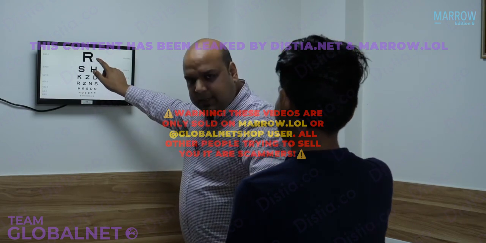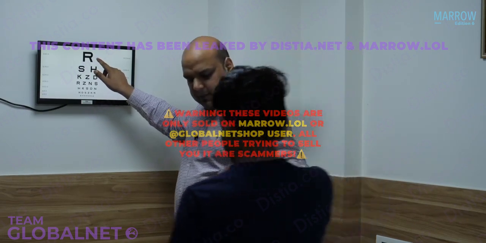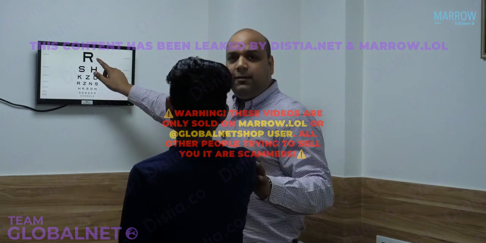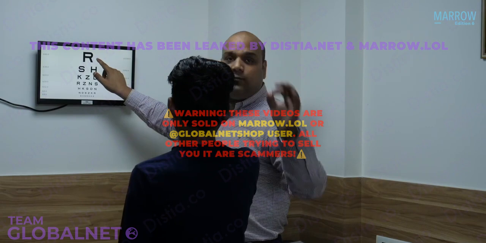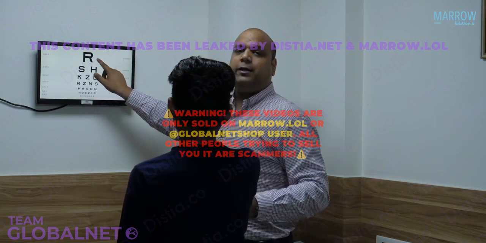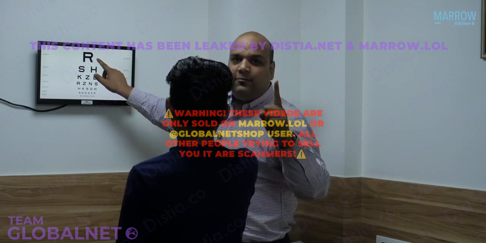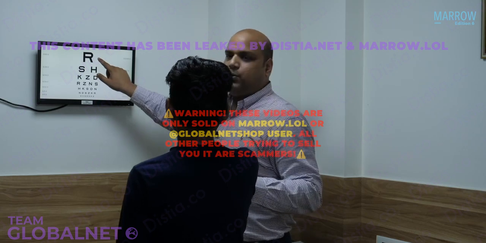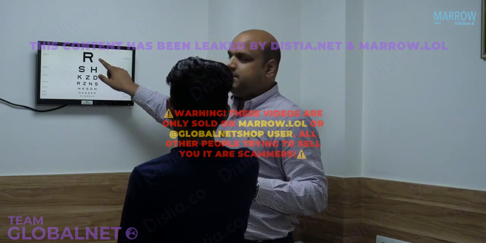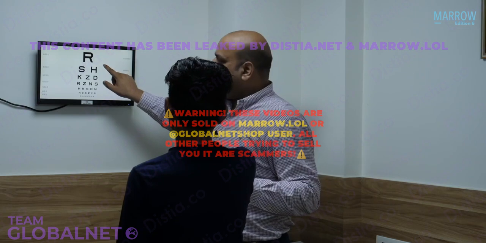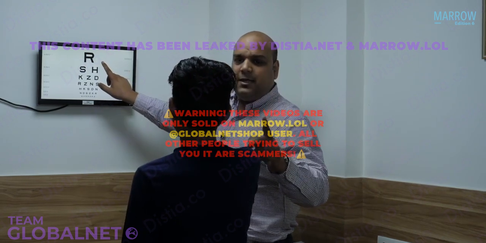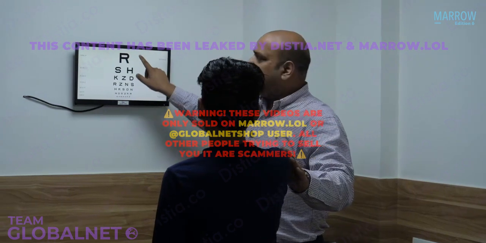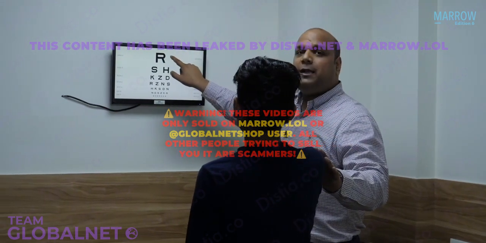So I ask the patient to move 1 meter forward. Now the patient is standing at 3 meters. So on and so forth, the patient will stand at 2 meters and then at 1 meter. So let us assume now that the patient is standing at 1 meter. Can you read the topmost letter? Yes. Please read the topmost letter. R. Can you read anything below this? No. So now the patient is telling us that standing at 1 meter, the patient can read only the topmost